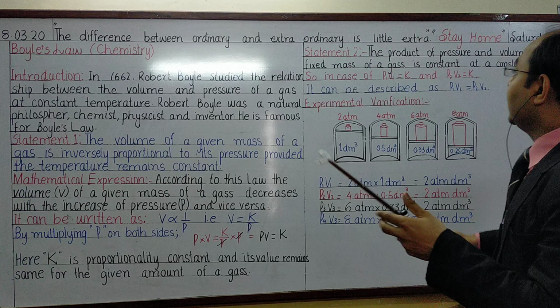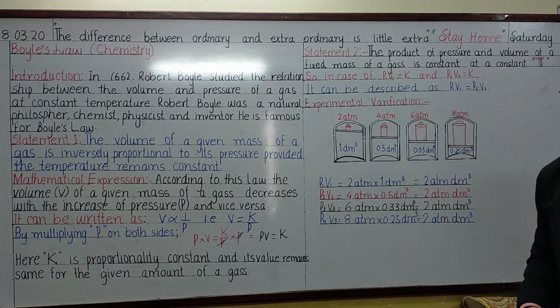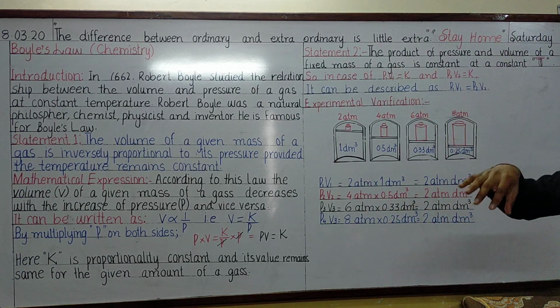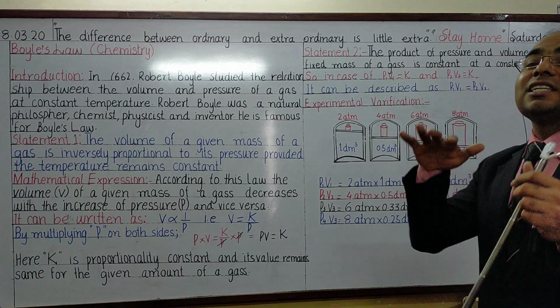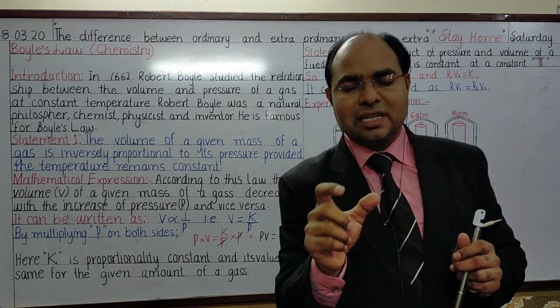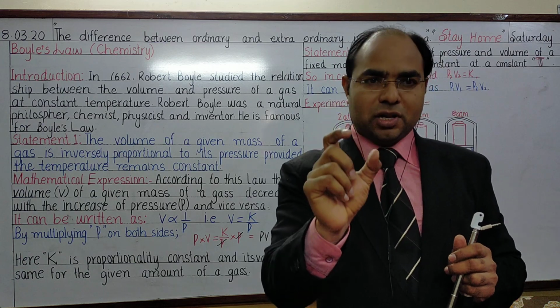What is Boyle's law? The product of pressure and volume of a fixed mass of gas remains constant at a constant temperature. That is the first part of the question. That is a long question as well as a short question on Boyle's law. Now